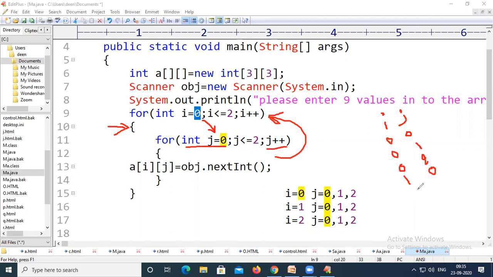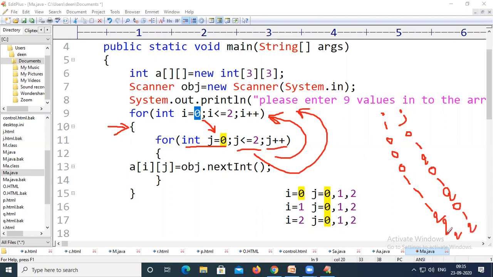and then I value remains as constant, j will become 1, I value remains as constant, and j will become 2. After j became 2, if we have an increment, that means j plus plus, it will become 3, and again the condition will become false. Whenever the condition is false, it will increment the value of I. Now I value will become 2. Again j is initialized with 0. I value remains as 2, j will become 1. I value remains as 2, j will become 2.